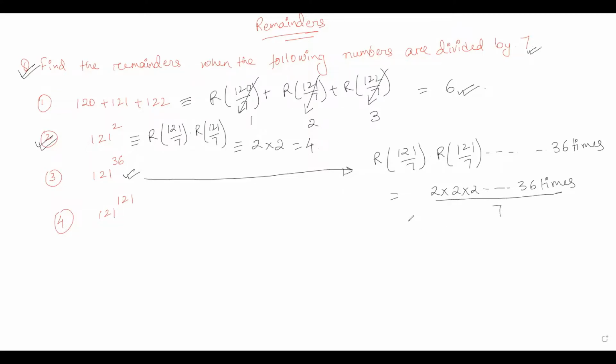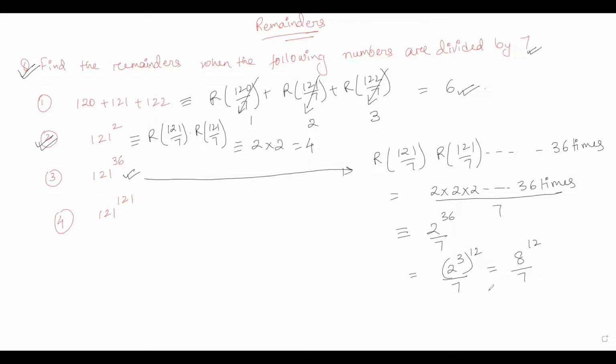So the remainder of 121 raised to power 36 divided by 7 would be the same as the remainder of 2 raised to power 36 divided by 7. Now 2 raised to power 36 can be written as 2 raised to power 3, raised to power 12, upon 7, which would be 8 raised to power 12 upon 7. Well, I am writing 2 raised to power 3 as 8 because when we divide 8 by 7, the remainder